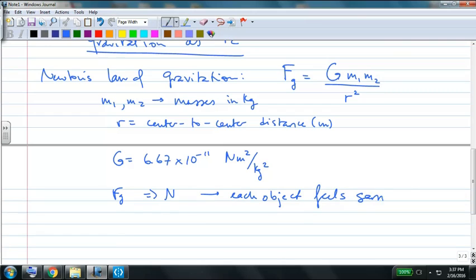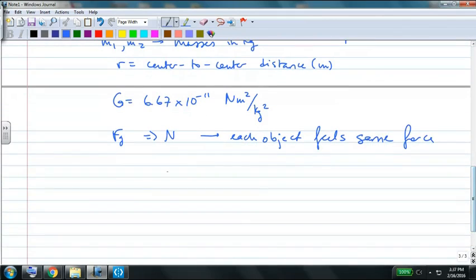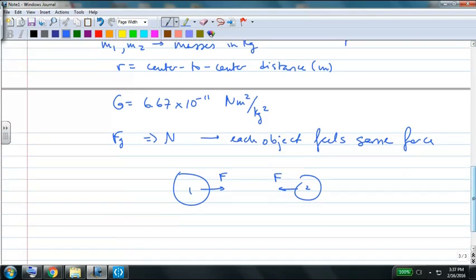It's just feeling it in an opposite direction. Right? So if you've got object 1 and object 2, they are both attracted to each other. They are both going to feel the exact same force. I'm pretty sure I told you this, but just in case,